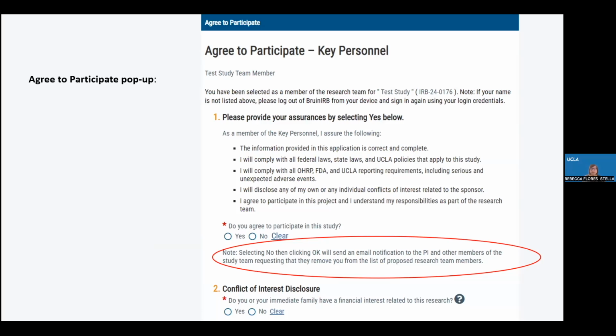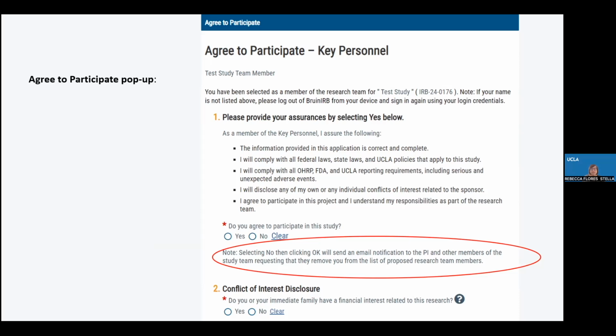It's quite possible that you may say no here. If a study personnel declines to participate, the PI proxy and study contact will be notified by email and instructed to remove that personnel from the list of research team members. The agree to participate tab in the workspace will show that this person has said no and they need to be removed.